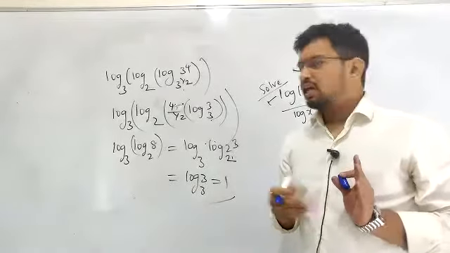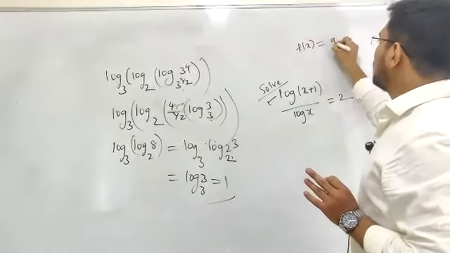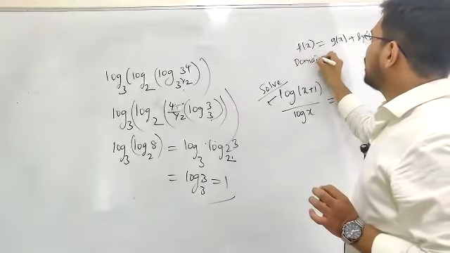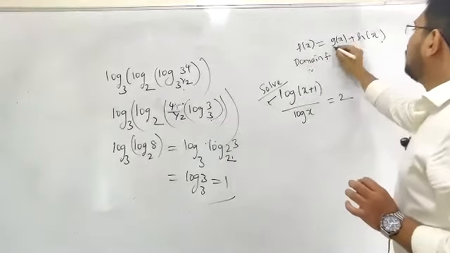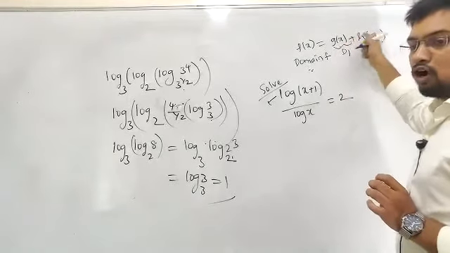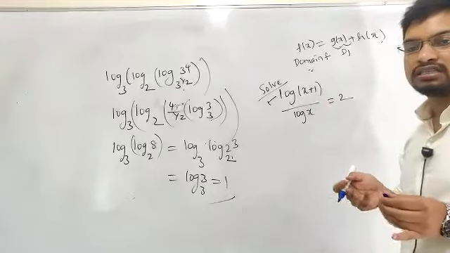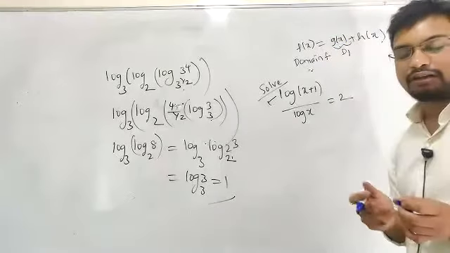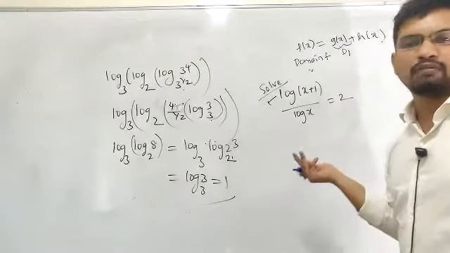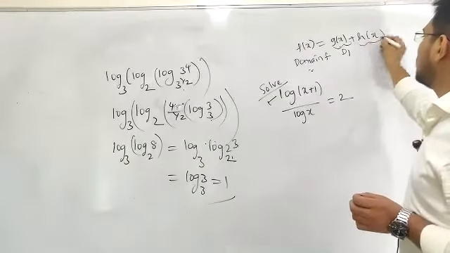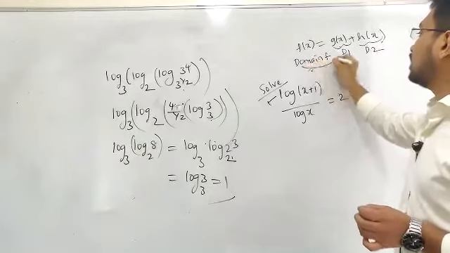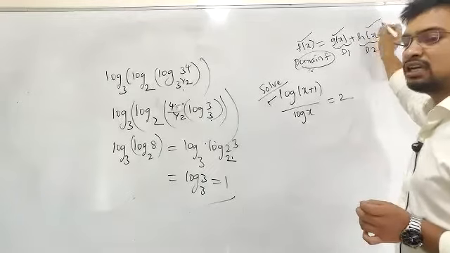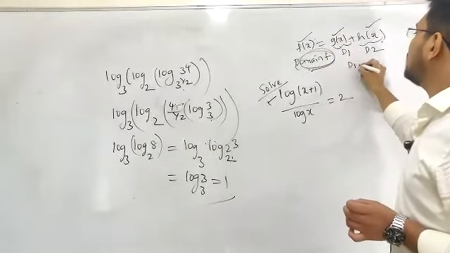And one more thing. If f of x is some function, something like g of x plus h of x, with different values, it is like a composite function, a mixture of functions, expressed as algebraic functions, using plus, into, minus. If the domain of g is d1 and the domain of h is d2, then for f to exist, both of these must exist. Only then will f be existing. The domain of this one will always be d1 intersection d2.